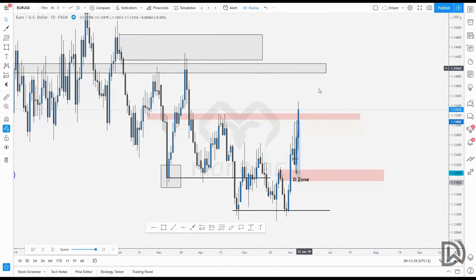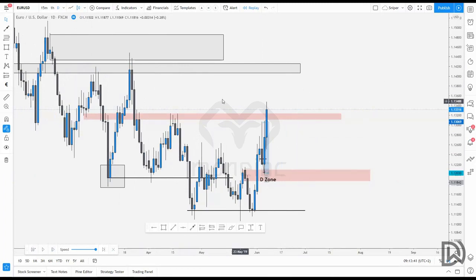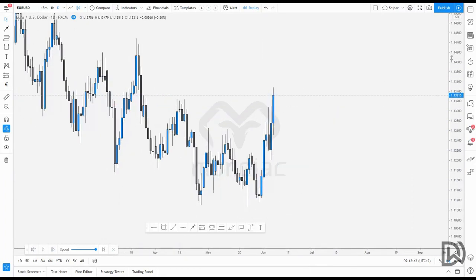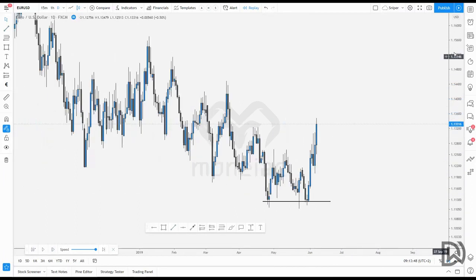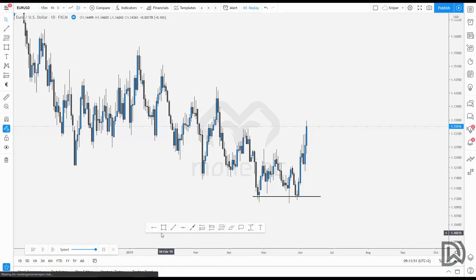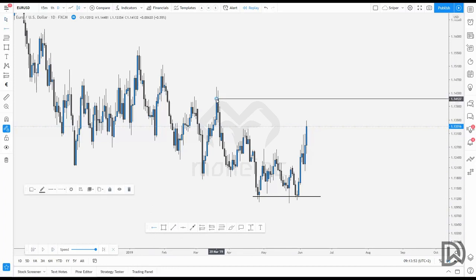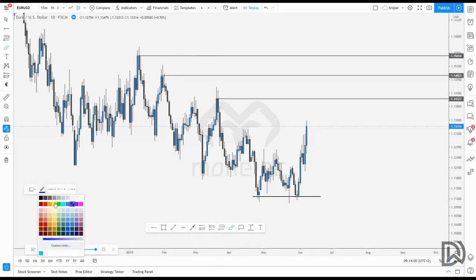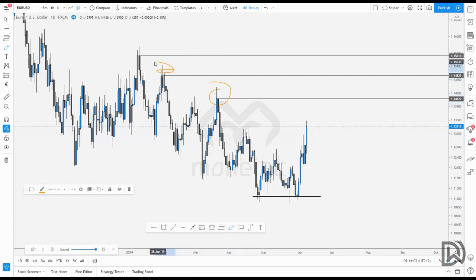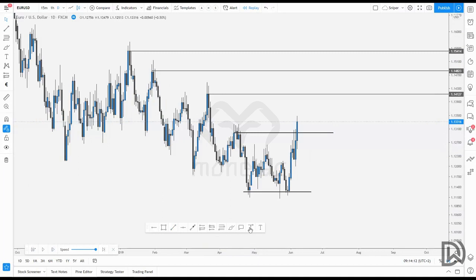Now we have wick zones above, we have order blocks. Let's see, what do we have next? So we created this clean low, and now we can see price might reach for these top levels. You see we have liquidity, liquidity, liquidity above all those highs, because a lot of the people went short from this level, short, short, and short. So we can anticipate price being drawn to those levels again. We already took out this high. We took out this high, so we know this high